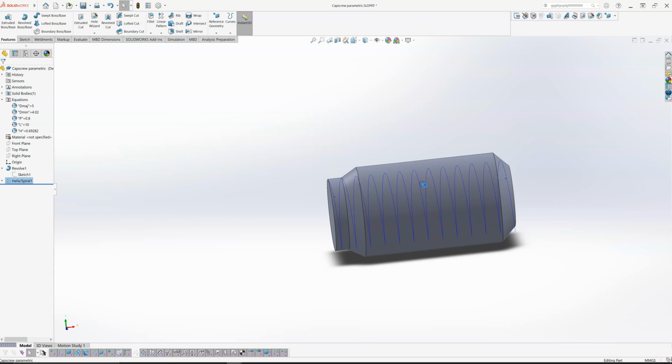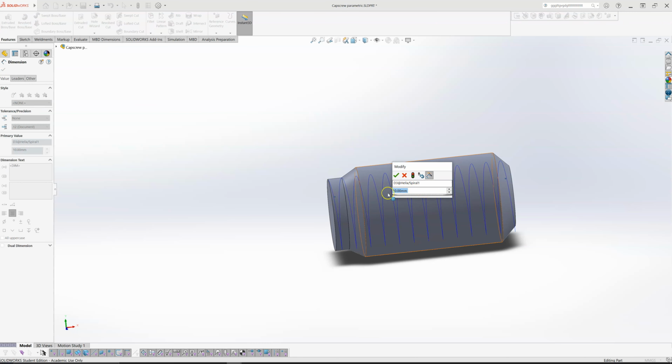Now if I double click on that 10 millimeter dimension there, I can at this stage change that to be based on a global variable. So I'm going to let that equal to my global variable, my length 10,